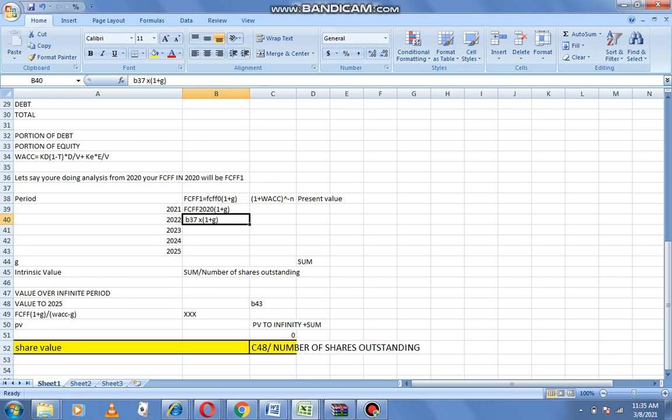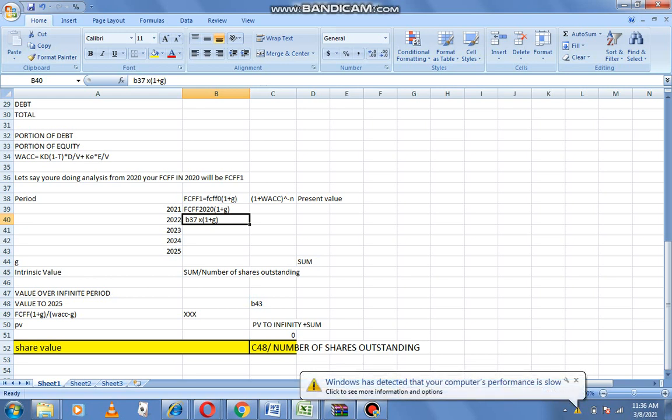And then when you get to 2026, you then change the growth rate. You switch up the growth rate. For example, maybe you can say that from year 6 to year 10, the growth rate will be 2/3 of the initial growth rate that you are using. So maybe you are using 20% from year 1 to year 5. So from